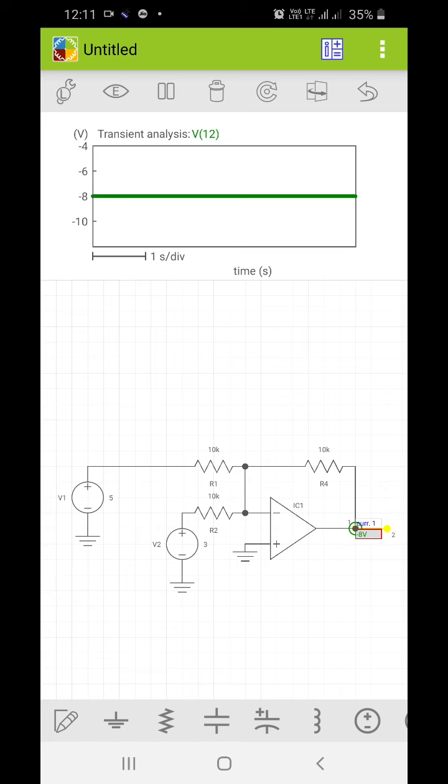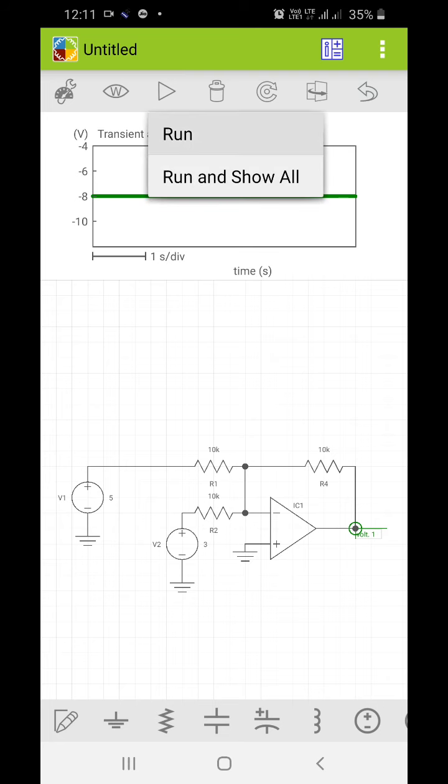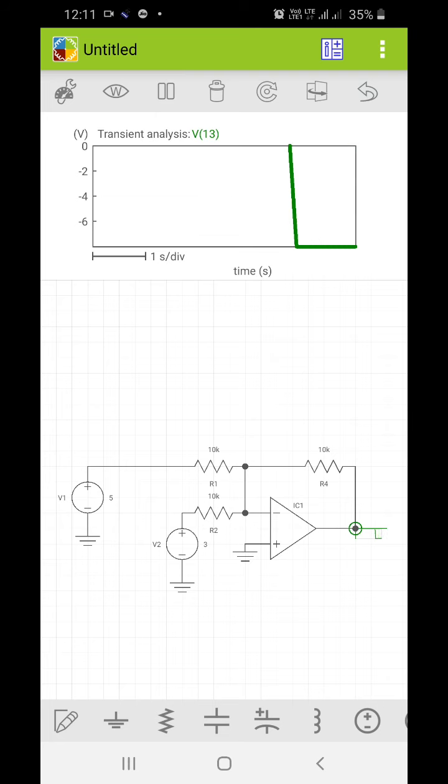So you can observe the value over here, and you can also check the output over here that you are getting at minus 8 volt.